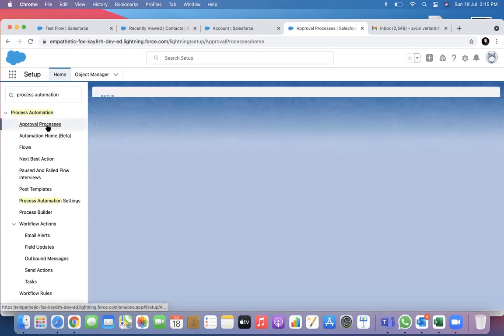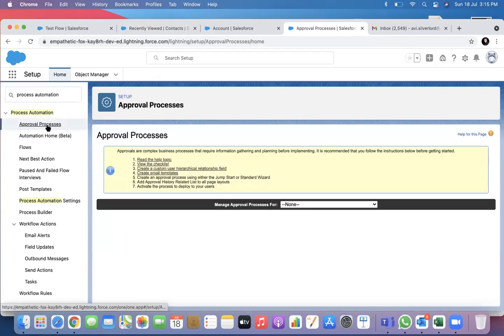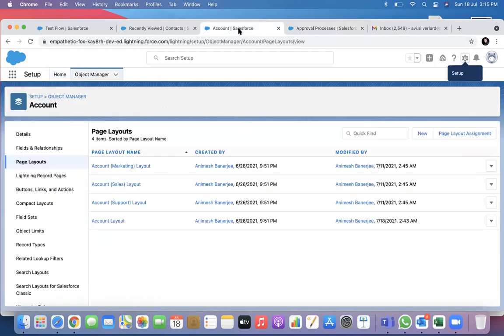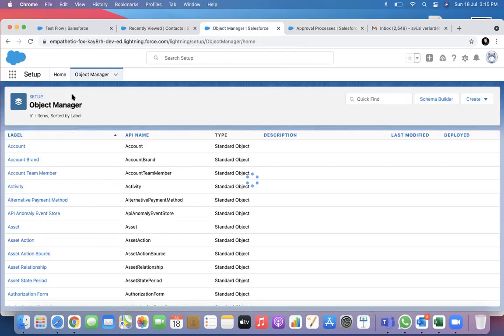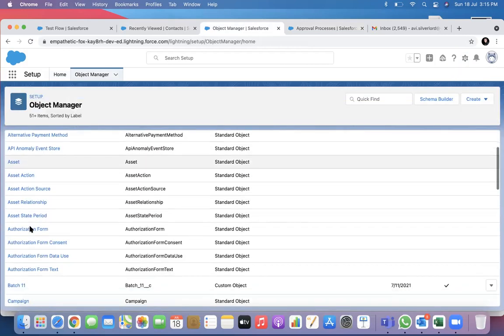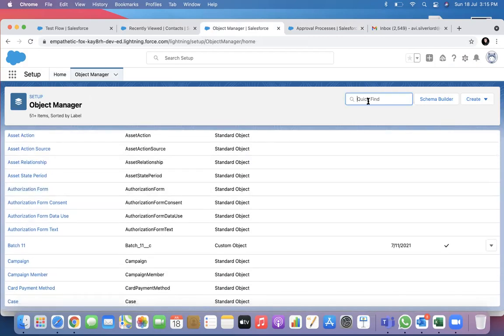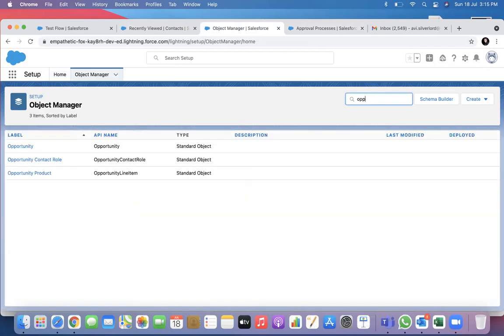So this is the last one. This is approval process. This is another very important and crucial part for you. Usually approval process is required. I think it will work wonderfully if I choose the opportunity object rather than account.